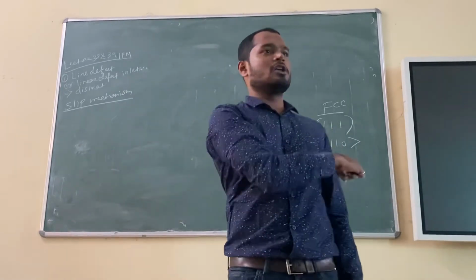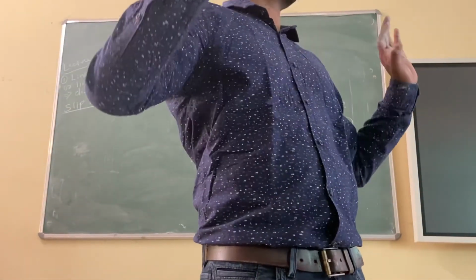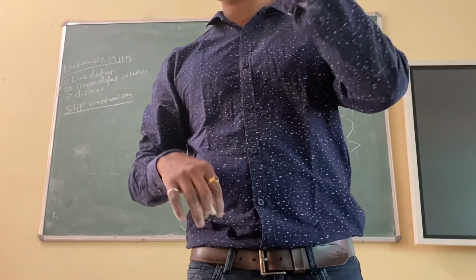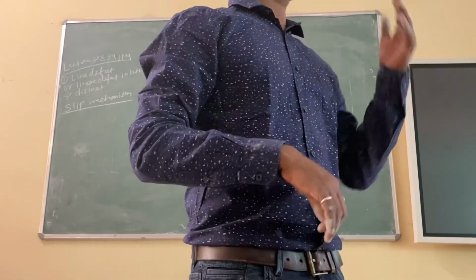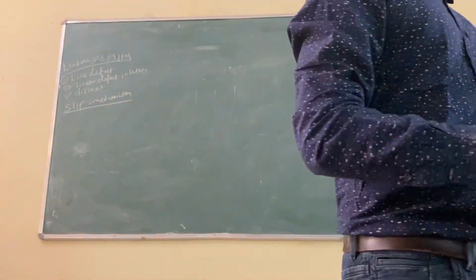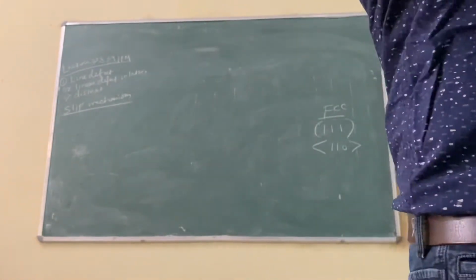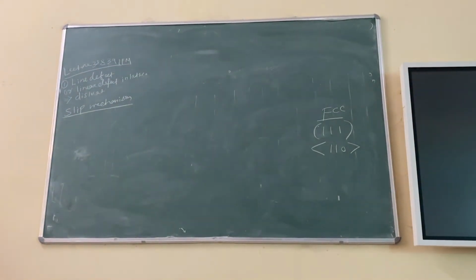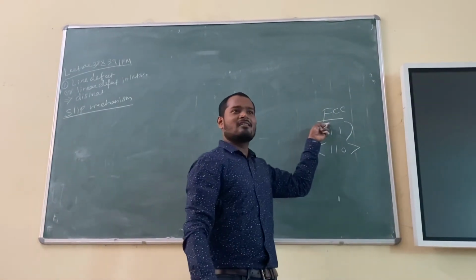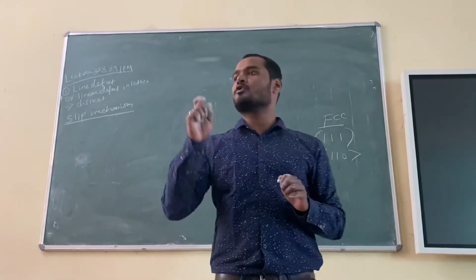So in this plane only and in this direction only the slip will occur. Slip will not occur randomly in any planes. You can have an infinite number of planes, but slip will not occur. Right? That means dislocation will not move in all the planes. It will preferentially move in close packed planes and close packed directions. That means you can have a lot of planes and a lot of directions, so that particular direction should also be present in that plane. Then only it will move. Right? That means this direction must be present in this plane. Then only the slip will occur or the dislocation will move. It will not move randomly. So that's why close packed planes.